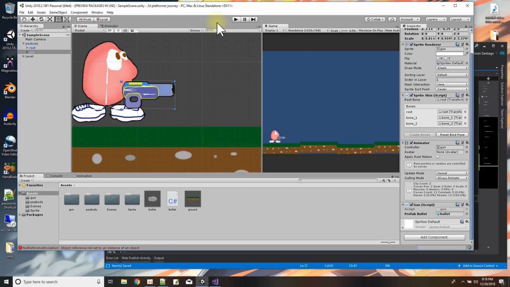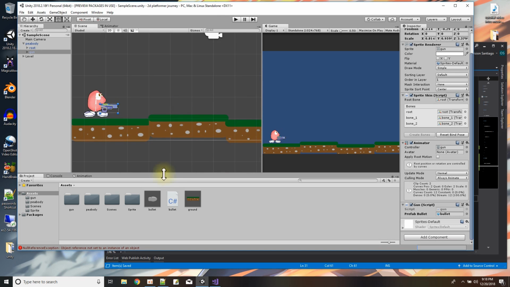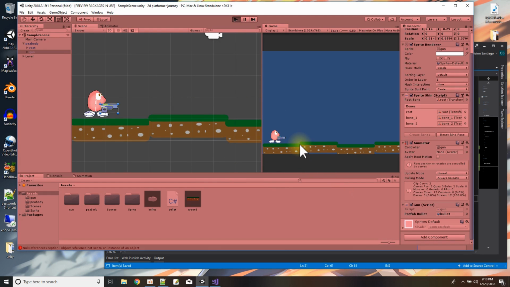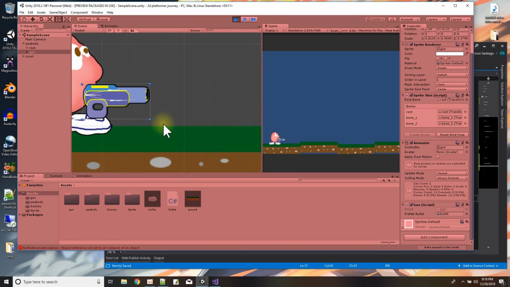So let's see what happens now. I press play. All right, and let me zoom out so we can see a little bit more of this bullet action in both windows. Let me press play. Okay, so the first is gun's out. Second one is the bullet. And you know, it's pretty good, but you see the bullet is coming out a little bit too low over here. If you look, it's not actually where the picture of my gun has the